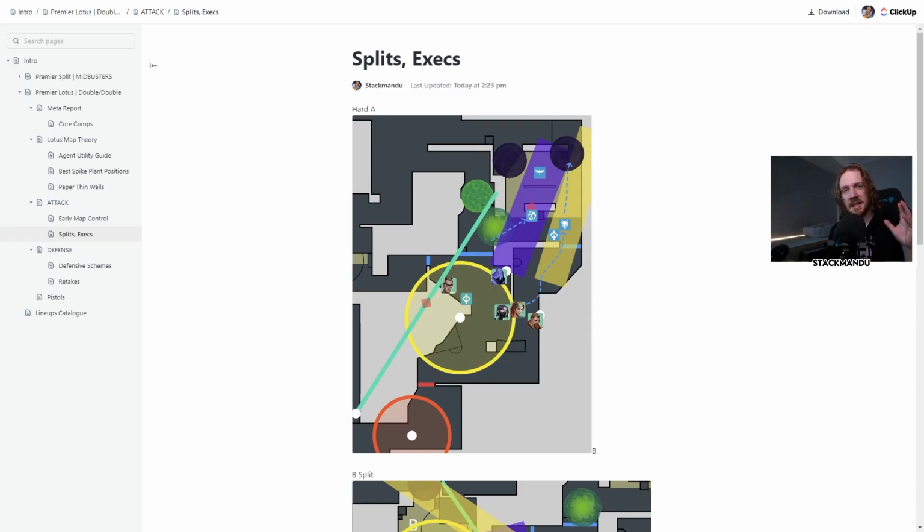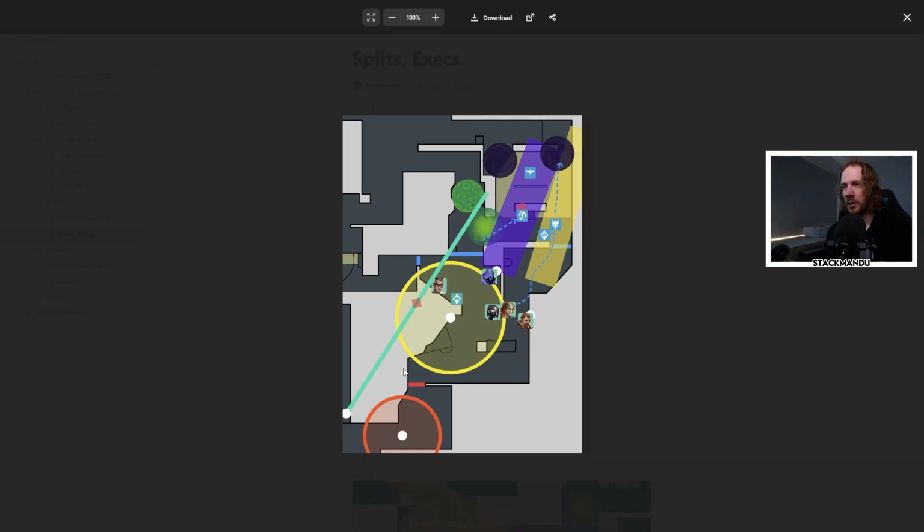Now, while this isn't an execute heavy comp, you do want to know what to do if you get stuck, it's late in the round, or you need a tempo switch. Knowing where util is going on site is really important. So what we have here is your 5 agents towards A. We've got a safer trip here from Chamber so it can't get smoked off. You can put that outside the B box if you want to, but this is thinking we're committing to A